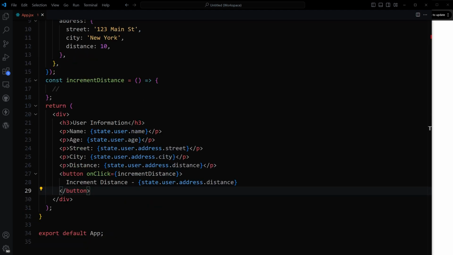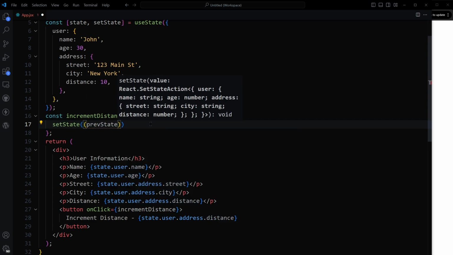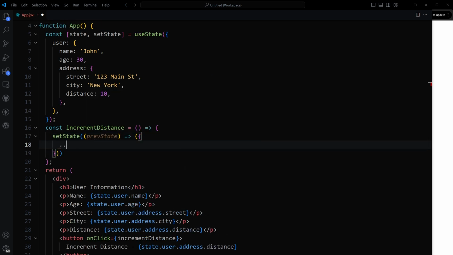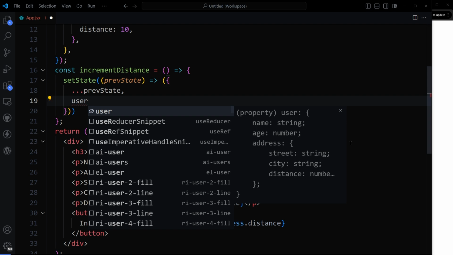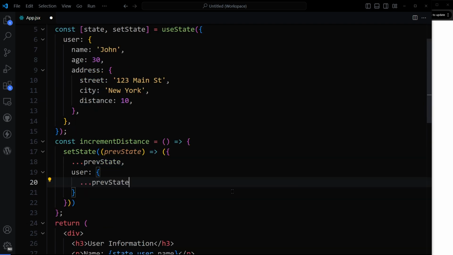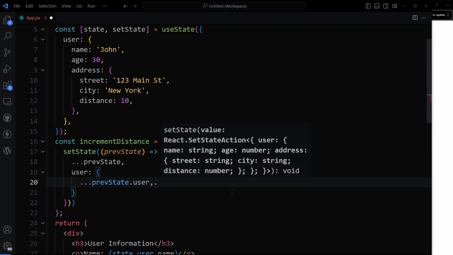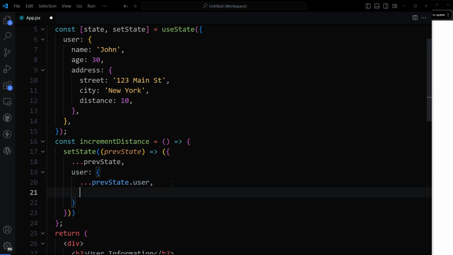So it will be like this. Set state, prevState, here, prevState. This is the spread operator. The spread operator is being used here to maintain immutability and to ensure that only the selected property is updated while the rest of the state remains unchanged. So spread operator, prevState, then user, this prevState dot user, then inside we have got address,